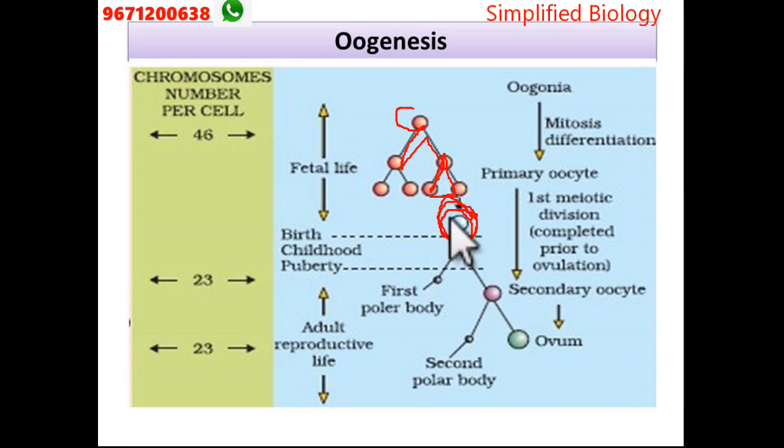Clear? So when the primary oocyte is there, it forms the secondary. When it forms, it forms the first polar body, which is going to degenerate. Then the secondary oocyte changes into the tertiary, which forms the Graafian follicle, and the Graafian follicle forms the ovum. Before that, it also changes in the meiotic second division, in metaphase second, to form the second polar body, which is also going to degenerate. That is, both polar bodies degenerate, and that cell is changed into the ovum. That step is named oogenesis.